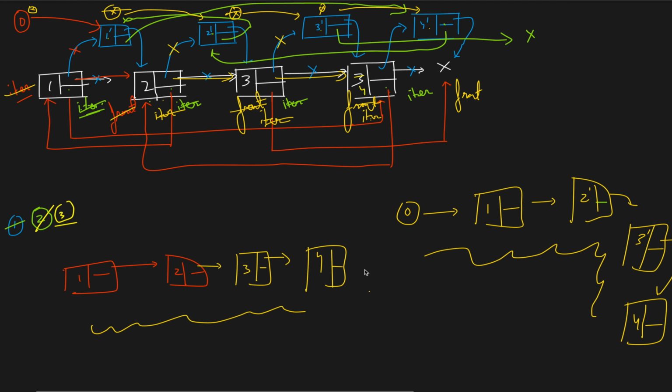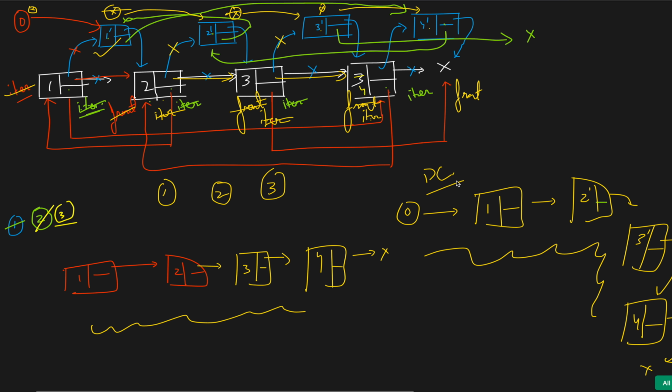And the random pointers stay as it is. The green lines and the orange lines stay as it is because I've successfully been able to create it. So we can see that at step 1, we created the dummy nodes that are the deep copy nodes. At step 2, we made sure that these green lines, the random nodes, are connected. At step 3, I made sure that the next nodes are connected, and I got my deep copy linked